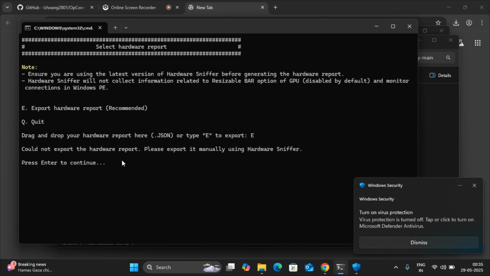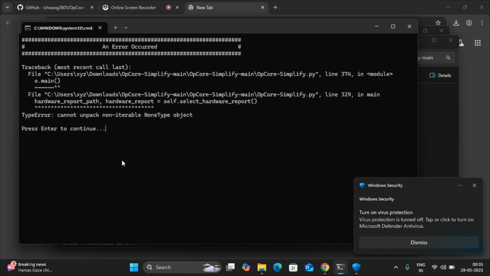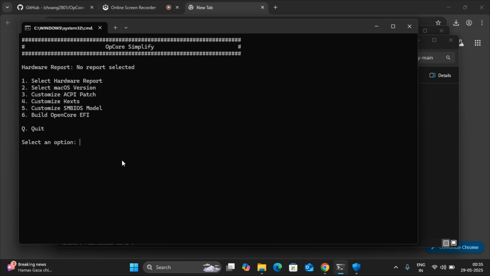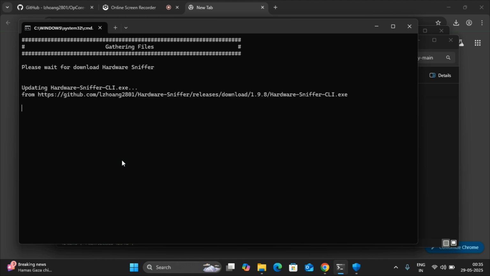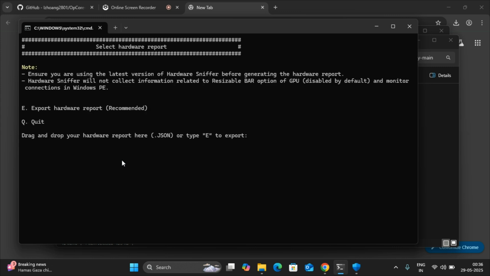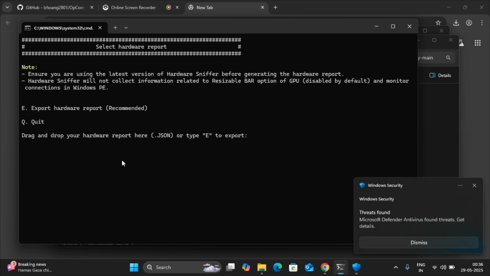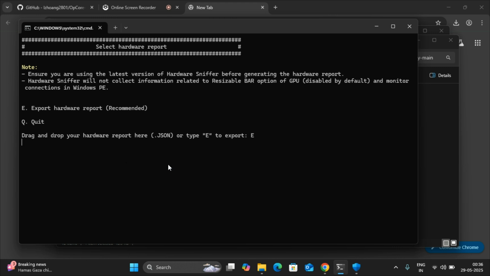Now you can type. Now it will help to generate your hardware report.